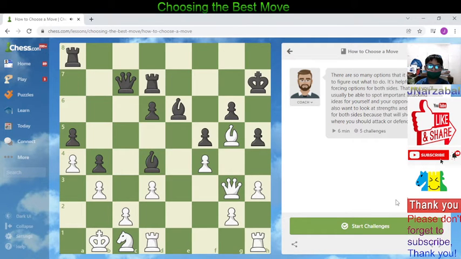Most players prefer to attack and make threats rather than defend. When we are considering what move to make next, it's useful to ask, what move would my opponent play on the next move? White did not ask this question and only thought about white's possible moves and played queen